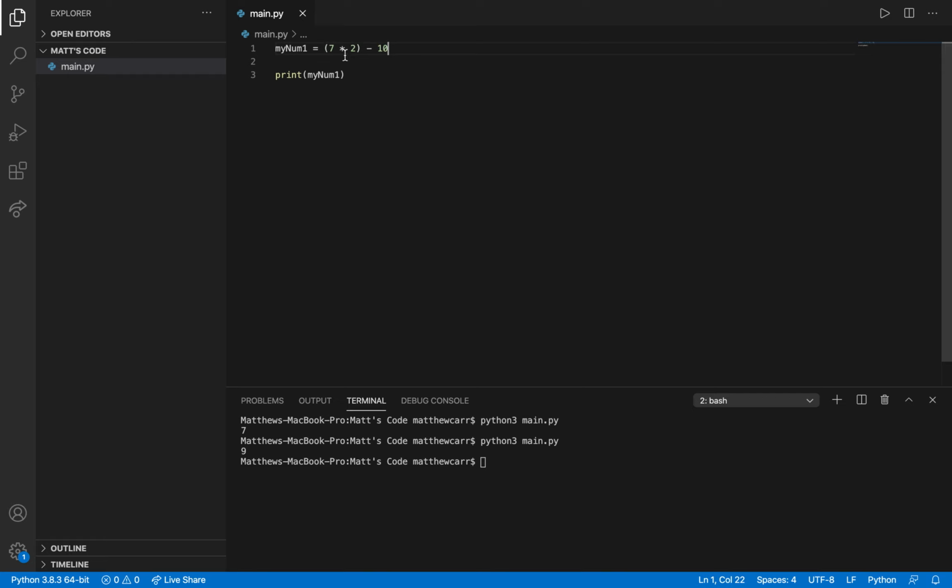That way, you don't get something funky, like 7 times negative 8, which would happen if you didn't have the parentheses and it did that first instead. So I'll save the changes and run it, and we get 4. 7 times 2 is 14, minus 10 is equal to 4. So that 4 value is assigned to mynum1. And there you go.